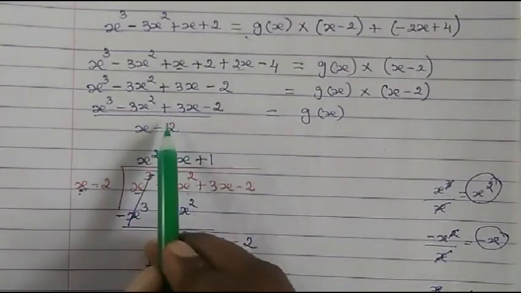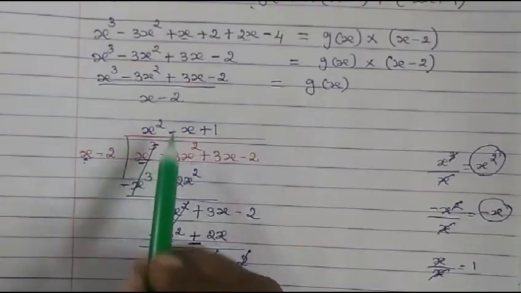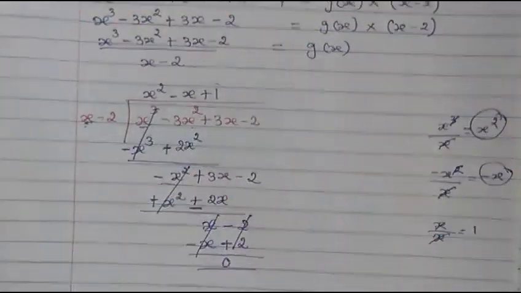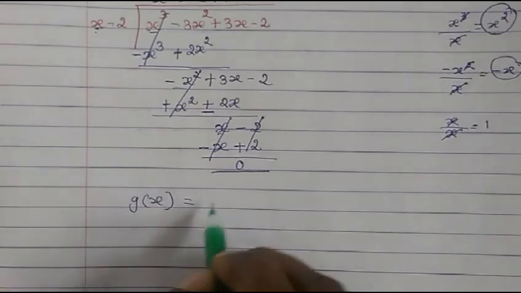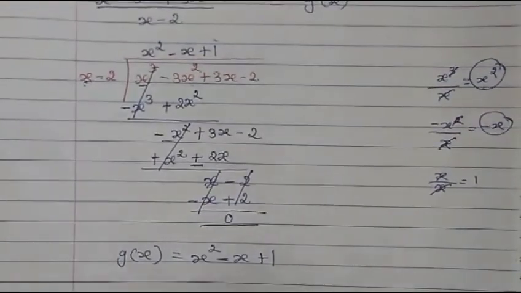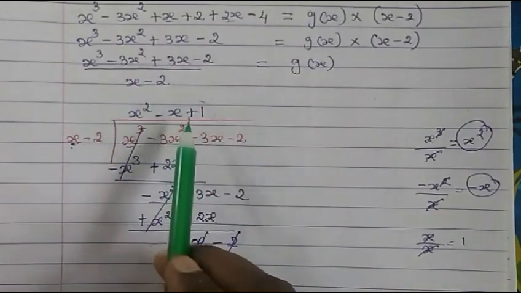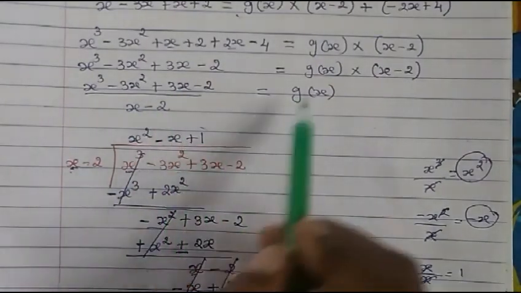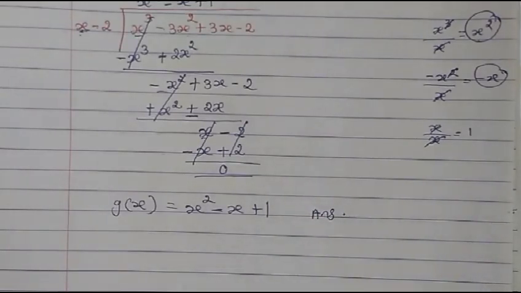So what is the value we have got now? When we have divided this, what value we have got, that we have to write down. So we divided this polynomial with this. So what value we have got? This is the value we have got. So write down g of x. So g of x is equal to x square minus x plus 1. So this is the value finally we have got for this. The remainder is 0, 0 is not the value. By dividing this, we got the value. So this will be the g of x. So this is our answer. That's it. Thank you and God bless.